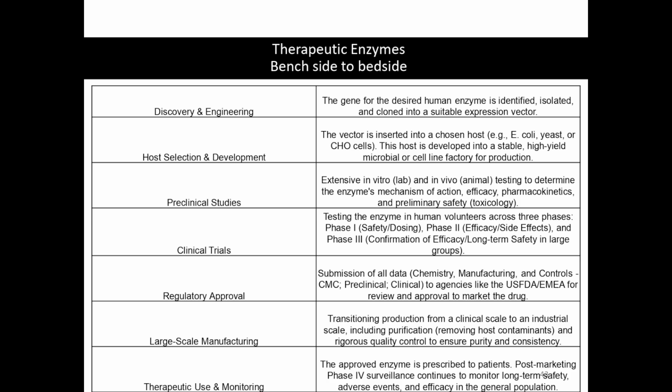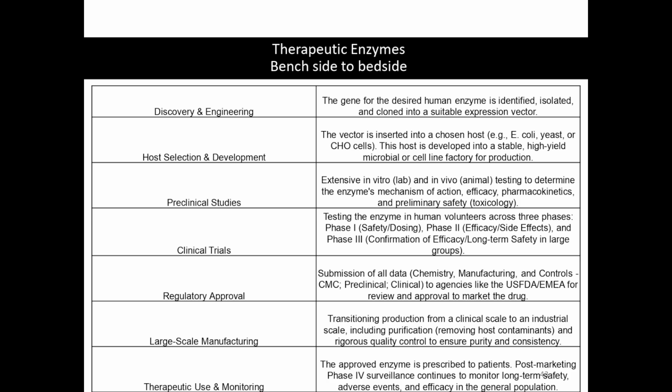The path for therapeutic enzymes from bench side to bedside is a multi-step process. It includes discovery and engineering. The gene for the desired enzyme is identified and cloned into an expression vector. Host selection and development. The vector is inserted into a host, such as CHO cells, to develop a stable, high-yield factory. Preclinical studies. Extensive testing is done in vitro and in vivo to determine the enzyme's efficacy and preliminary safety. Clinical trials. Testing occurs in humans across Phase 1, safety and dosing, Phase 2, efficacy and side effects, and Phase